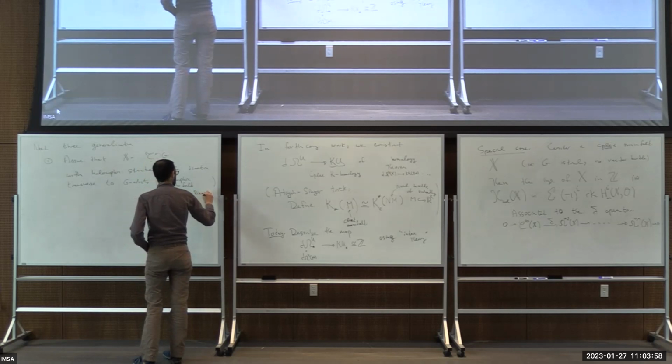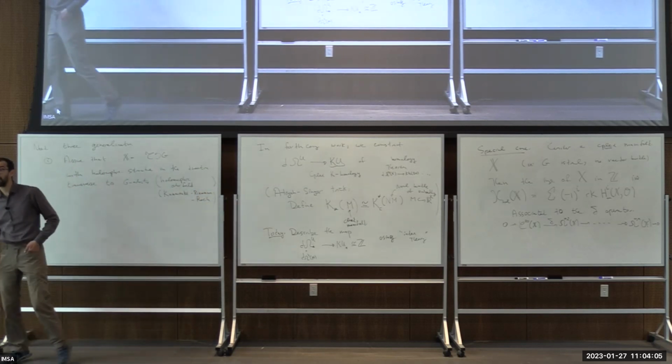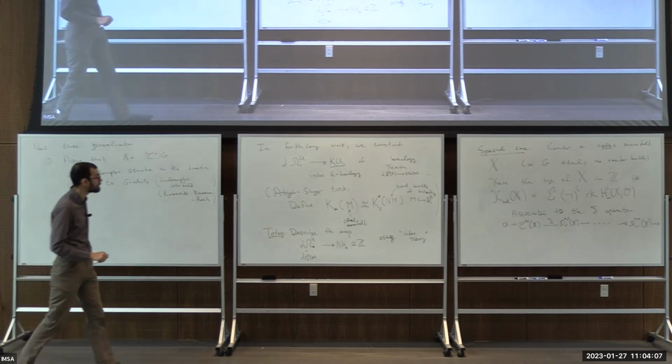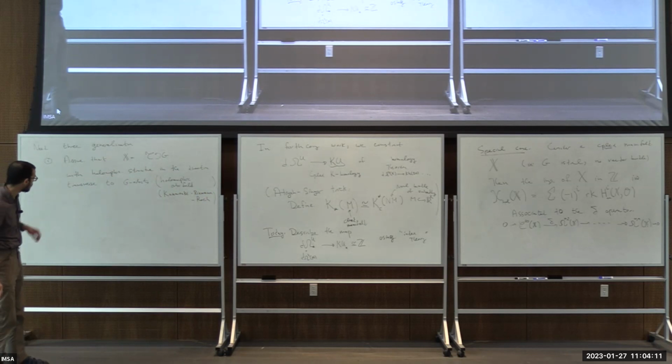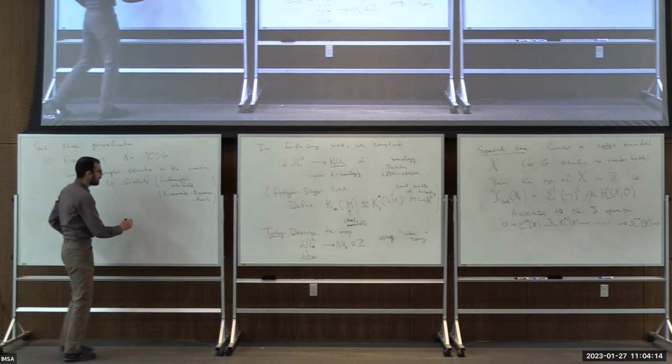You have to prove something about this, but you have to construct it first. If you look at how he constructs it, he basically does what I'm about to say. So he cites some work of